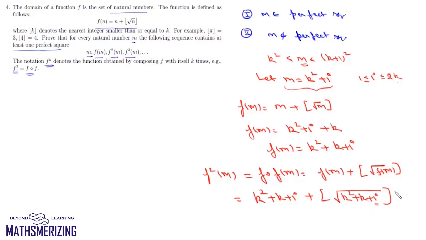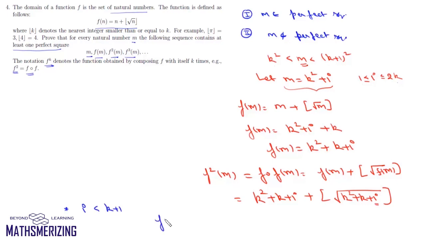So we'll get this greatest integer function as k, and if we take i as greater than or equal to k plus 1, then this number will lie between k plus 1 and k plus 2. In that case, we'll have this greatest integer function as k plus 1. So we can take any one case. Suppose we take this case, when the value of i is less than k plus 1.